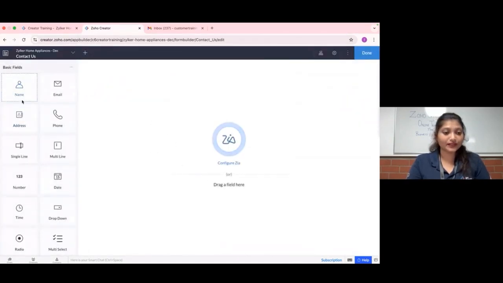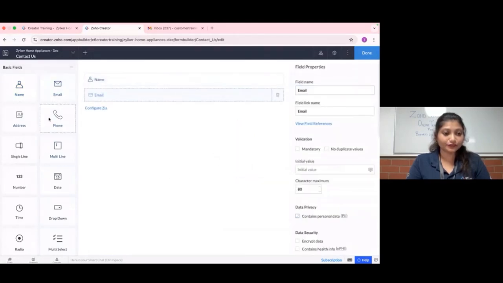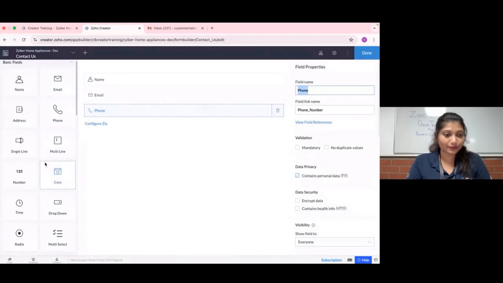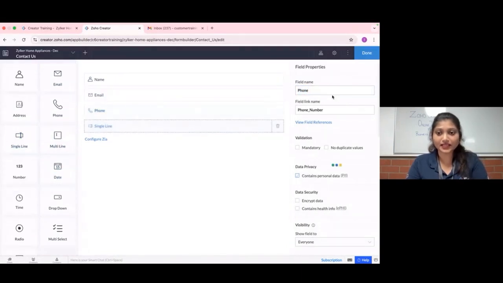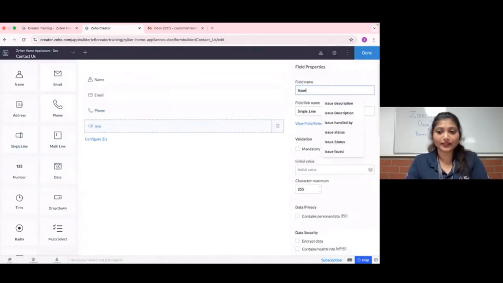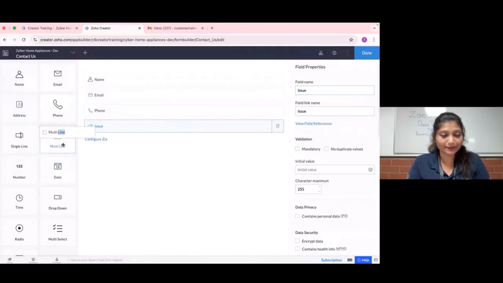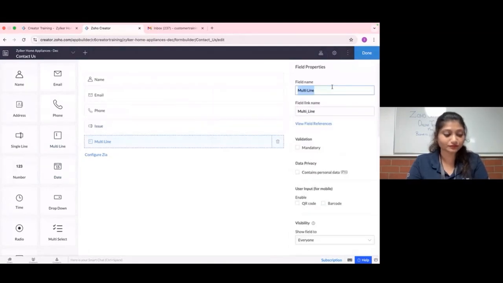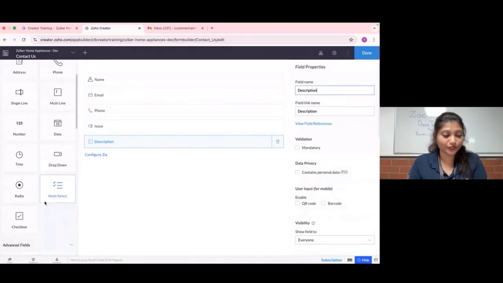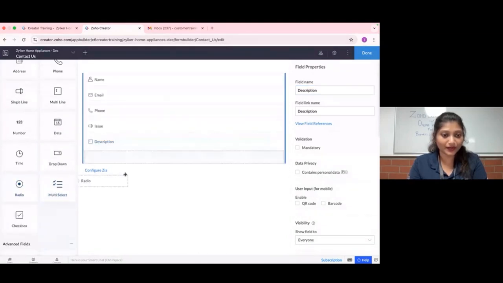Over here I'm going to add the name, the email, the phone number, a single line for the issue, and a multi-line to capture the description, and issue status. For this I'm going to add a radio button.